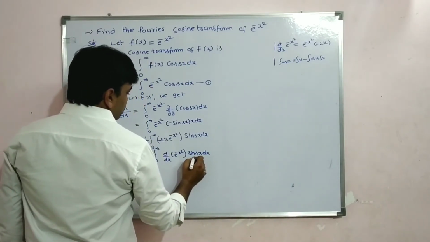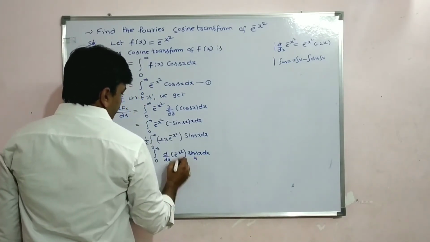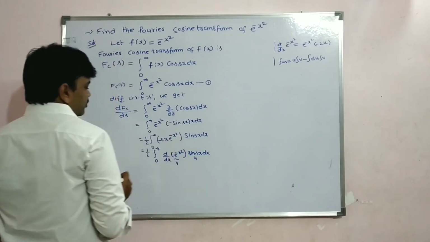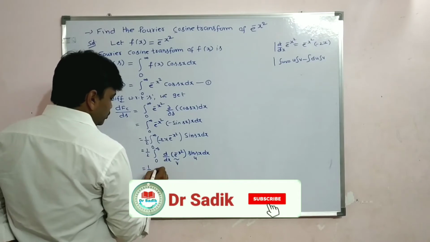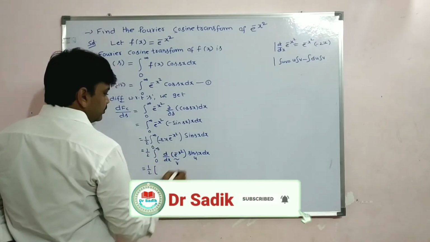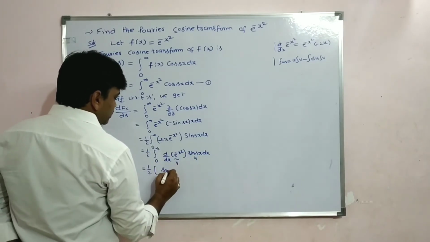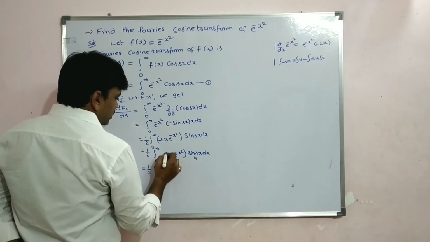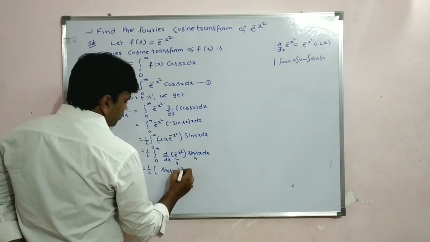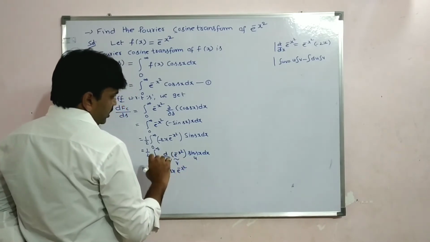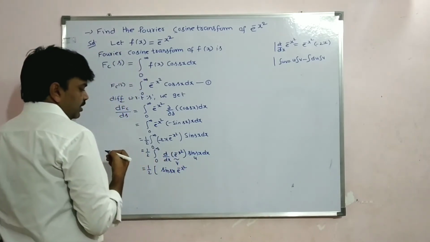So u is sin sx and v is d by dx of e power minus x square. So that is equal to 1 by 2 bracket sin sx times the integral of d by dx of e power minus x square, which is e power minus x square, because integration and derivative cancel,